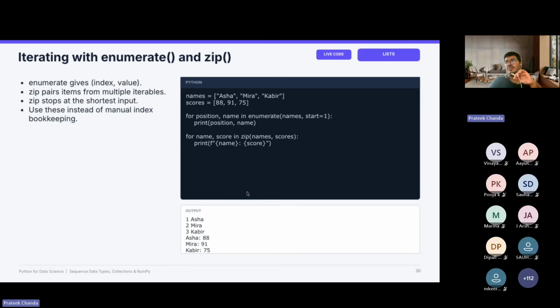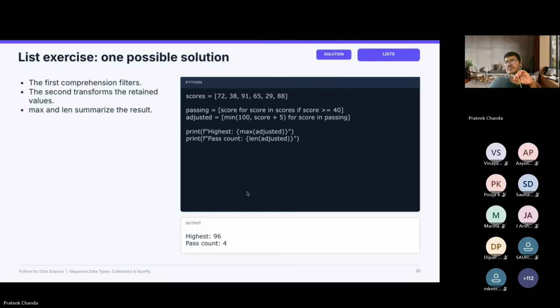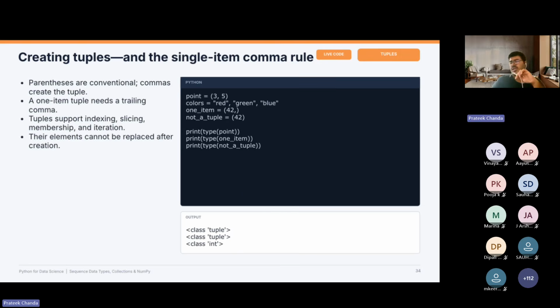Okay, so we'll move ahead. So now we'll look at tuples. Tuples are very unique also as compared to strings and lists. So you can think of an application